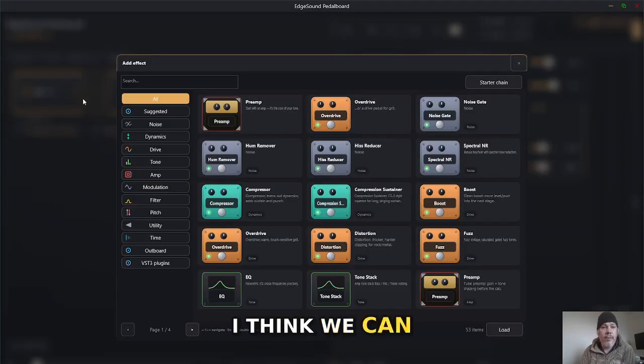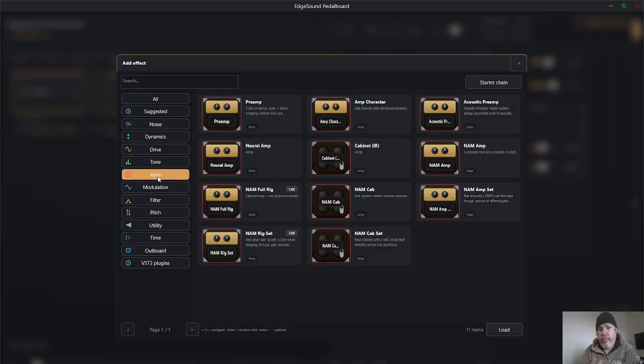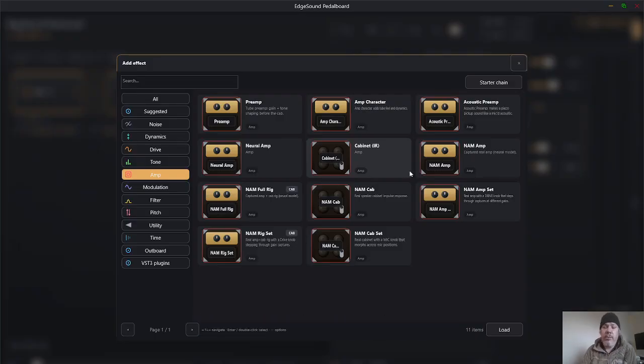Okay, I think we can start with a preamp. Some guys like to start with a distortion, but just to keep this flowing, let's look for a preamp sound, but not algorithmic, a NAM. NAMs, in case you haven't heard, are captures you make of your own amp.